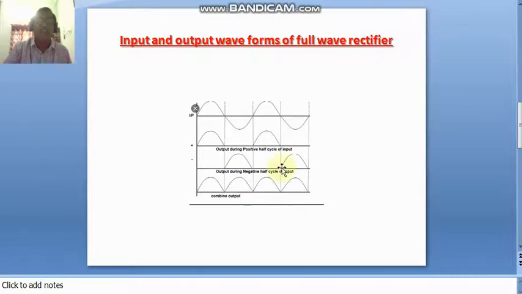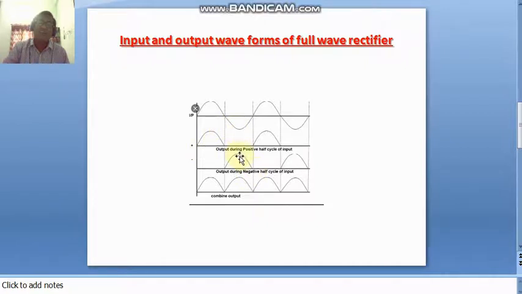So here, as we already discussed, this is the input circuit. This is the first output and this is the second output. The second curve represents the output of the D1 diode, and similarly this third curve represents the output of the D2 diode. If you consider D1 diode, it is in forward bias for the positive half peaks, therefore the negative can be neglected here. Here we are getting positive, and for this positive we are getting this. So this is positive, and similarly it is reverse bias for the negative half.